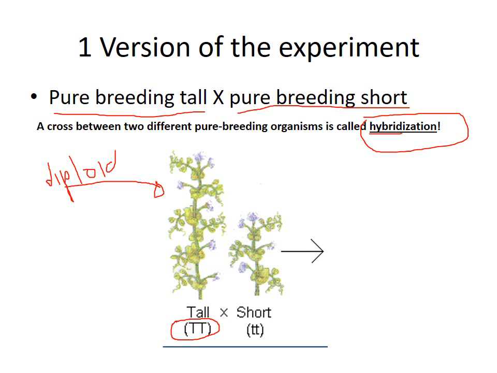A pure breeding tall plant is going to have two tall versions of the genes because it was only ever bred with tall plants. The pure breeding short plant is going to have two short versions of the height gene. So we'll call that little t, little t. So tall is going to be big T, big T. Short is going to be little t, little t. So we crossed the pure breeding tall with the pure breeding short, and his results were